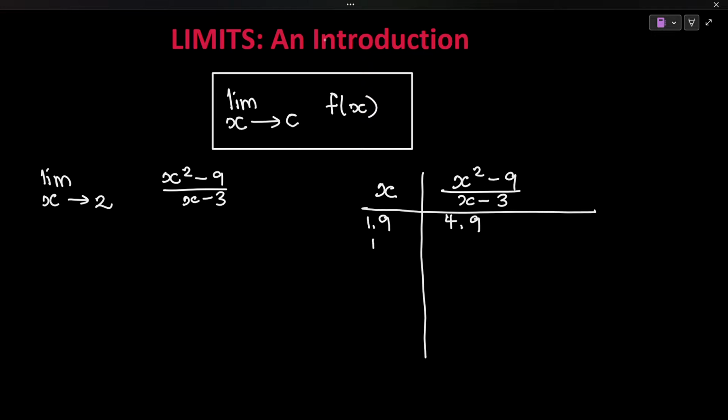Let's try another value. Let's try 1.99. Also notice that we are approaching 2, so each time the x value that we substitute is going to get bigger so that it gets closer to 2. Now, substituting 1.99 into the function gives us 4.99. Okay, next, let's try 1.999. And substituting into our function gives us